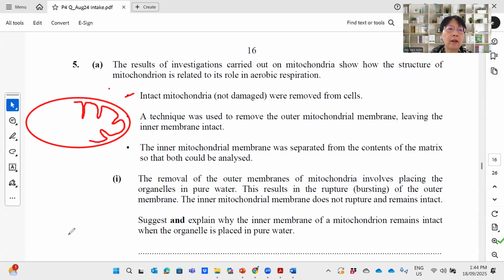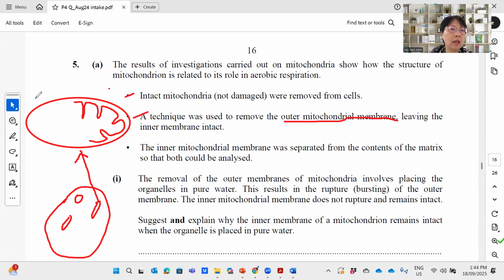Intact mitochondria were removed from the cell. The cell contains a lot of mitochondria, so those mitochondria are removed from the cell. This is one mitochondrion removed from the cell. Then a technique is used to remove the outer mitochondrial membrane, so they remove this outer membrane only. This was removed, so it's no longer there. They leave the inner membrane intact. Then the inner mitochondrial membrane was separated from the contents of the matrix so that both could be analyzed. So they separate the inner membrane and the matrix, and they want to analyze these two components